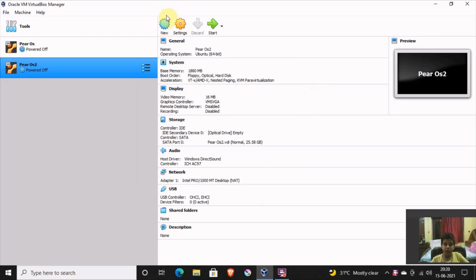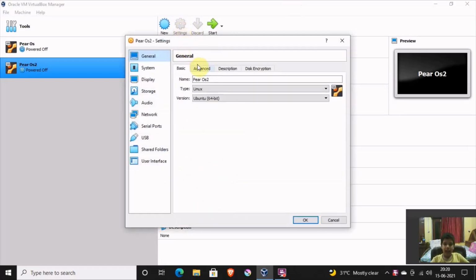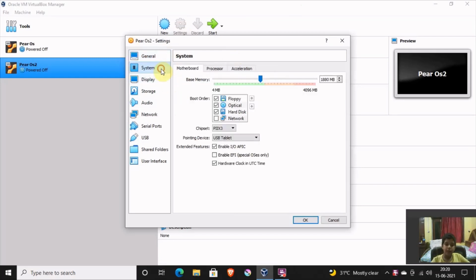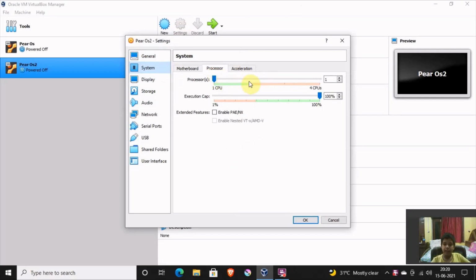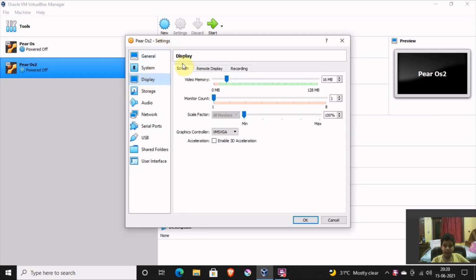Now you have to change some settings. I said we are going with dynamically allocated, so that's why I am going to speed up this OS. To speed up this OS, you have to go to the system and then go to the processor and select a minimum of 2 processors, because the more processors you have, the faster it would be. After that, go to display.